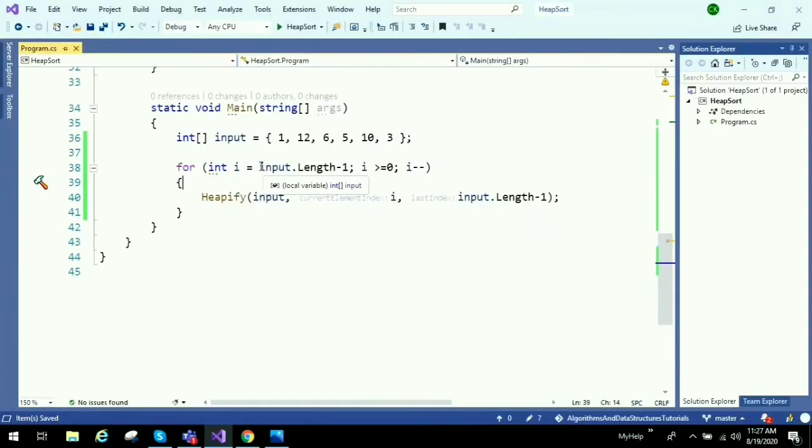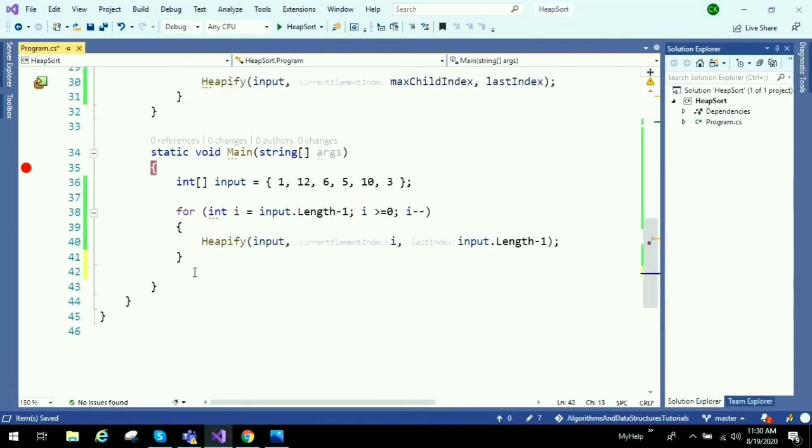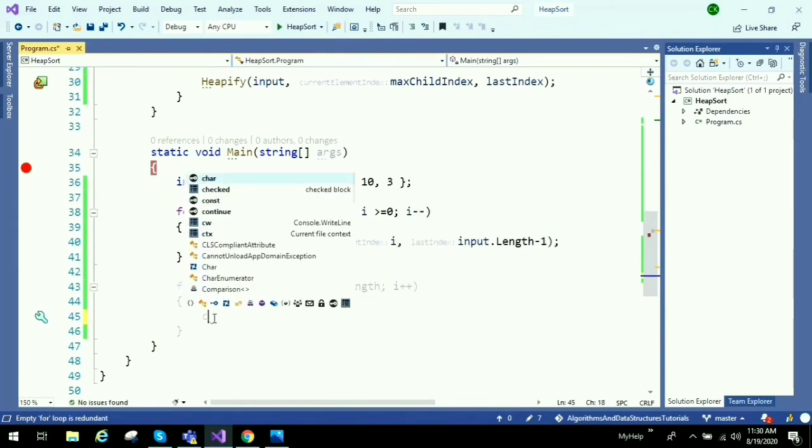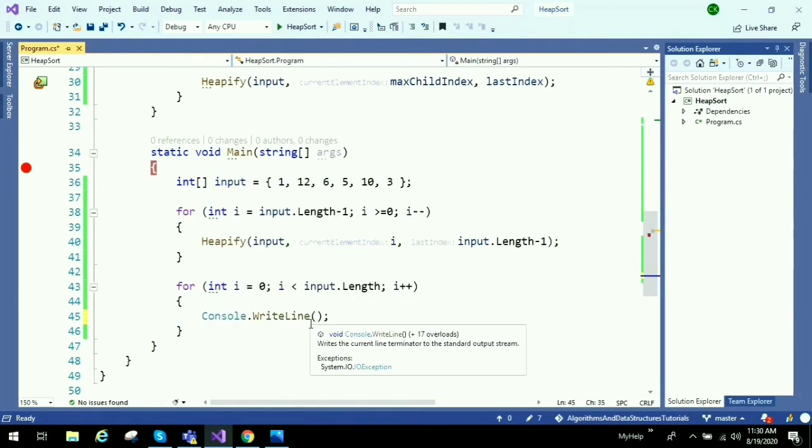Here instead of taking last index you can write n/2, but I am not doing that. Once we apply heapify on all elements, then I will just print out to check whether heapify is working or not. That is input dot length. I am printing all the elements.